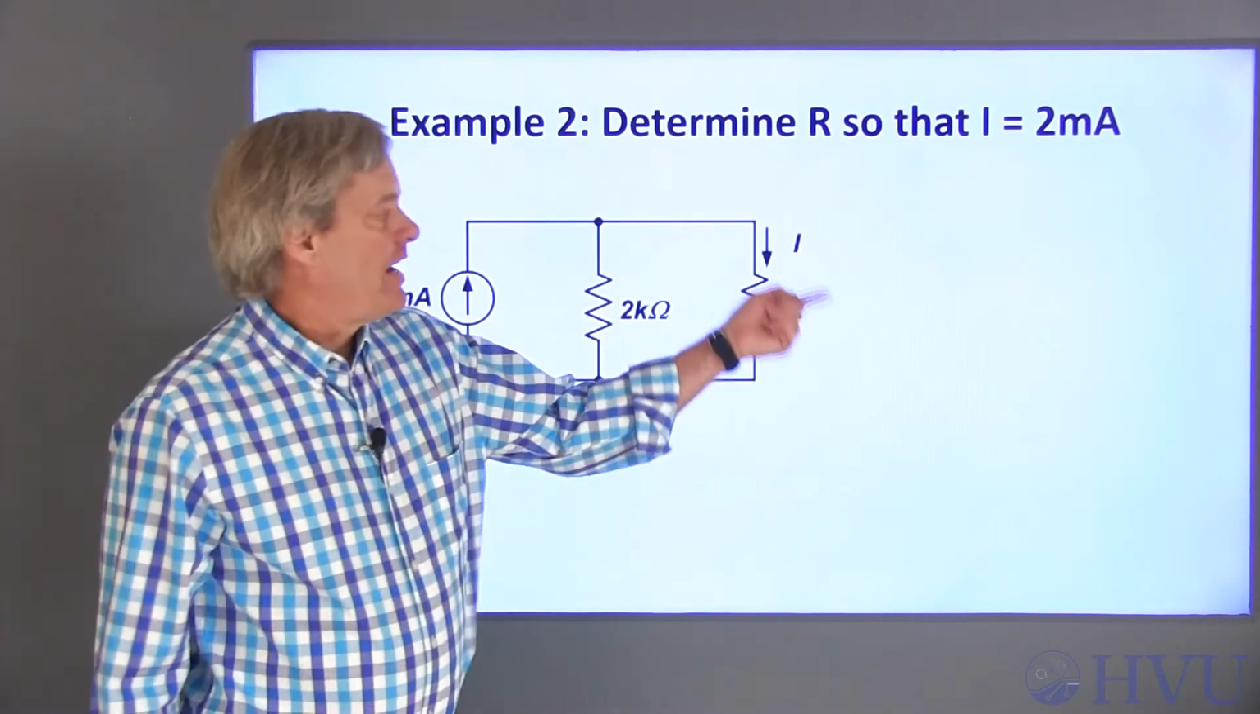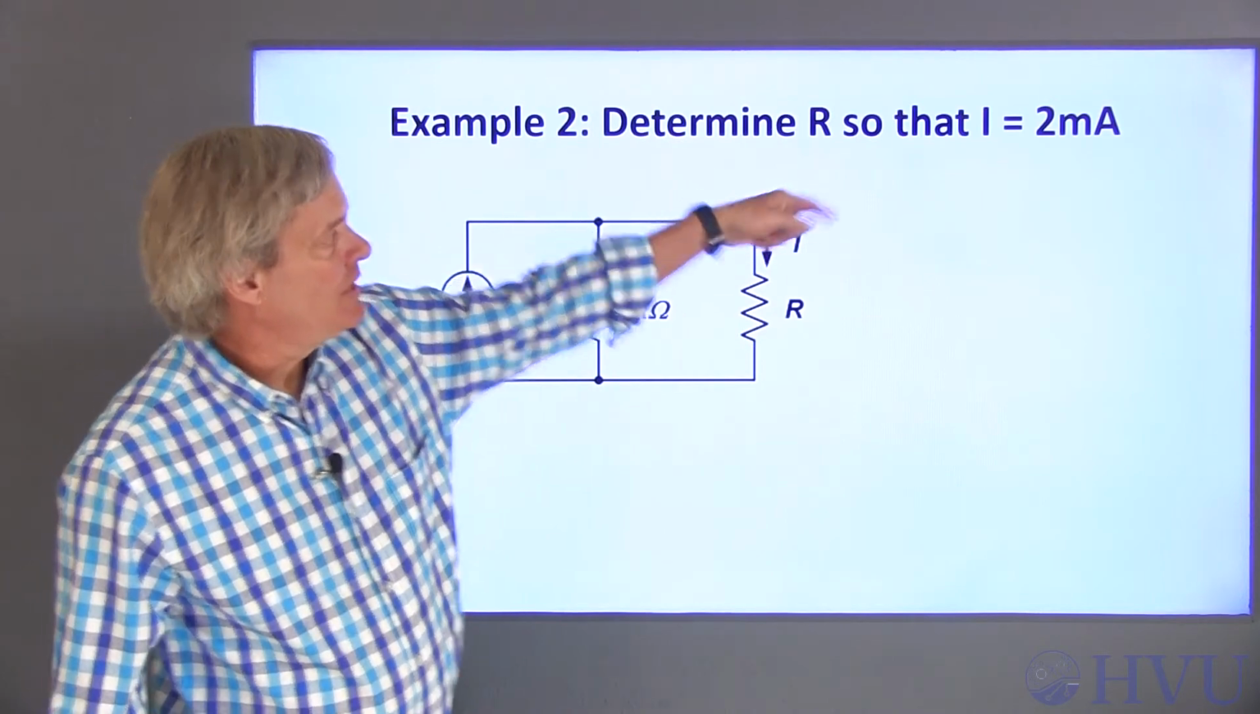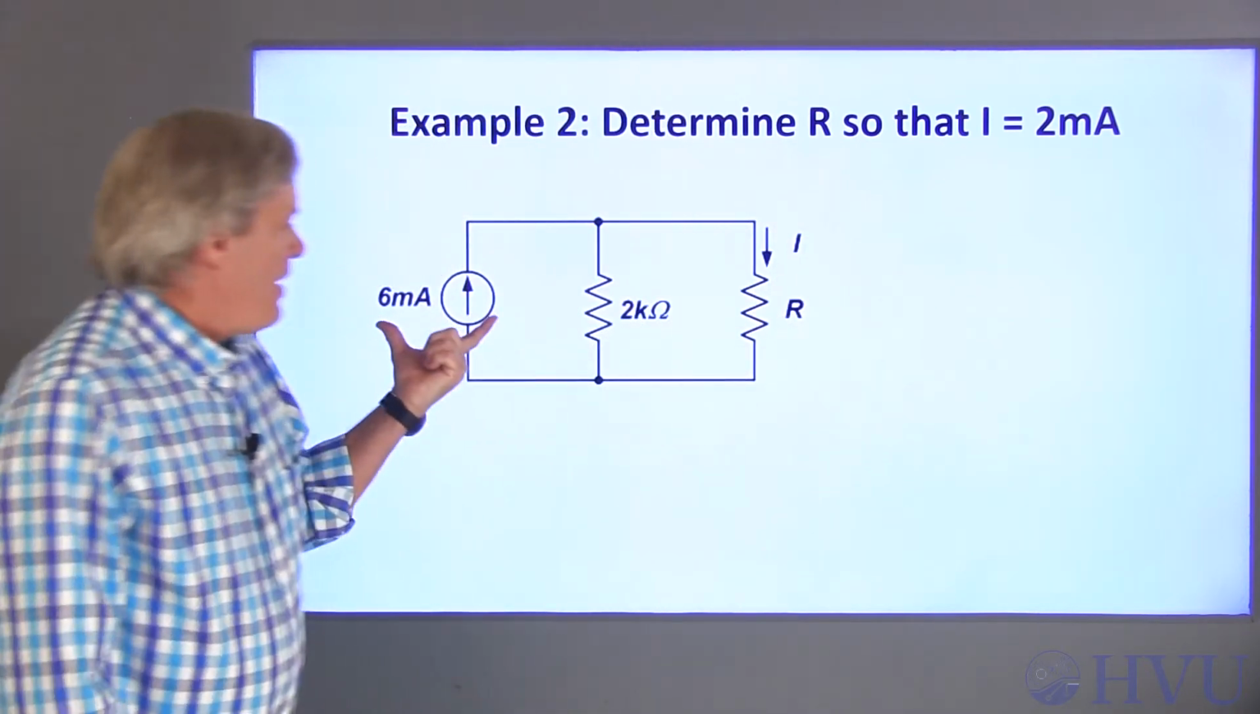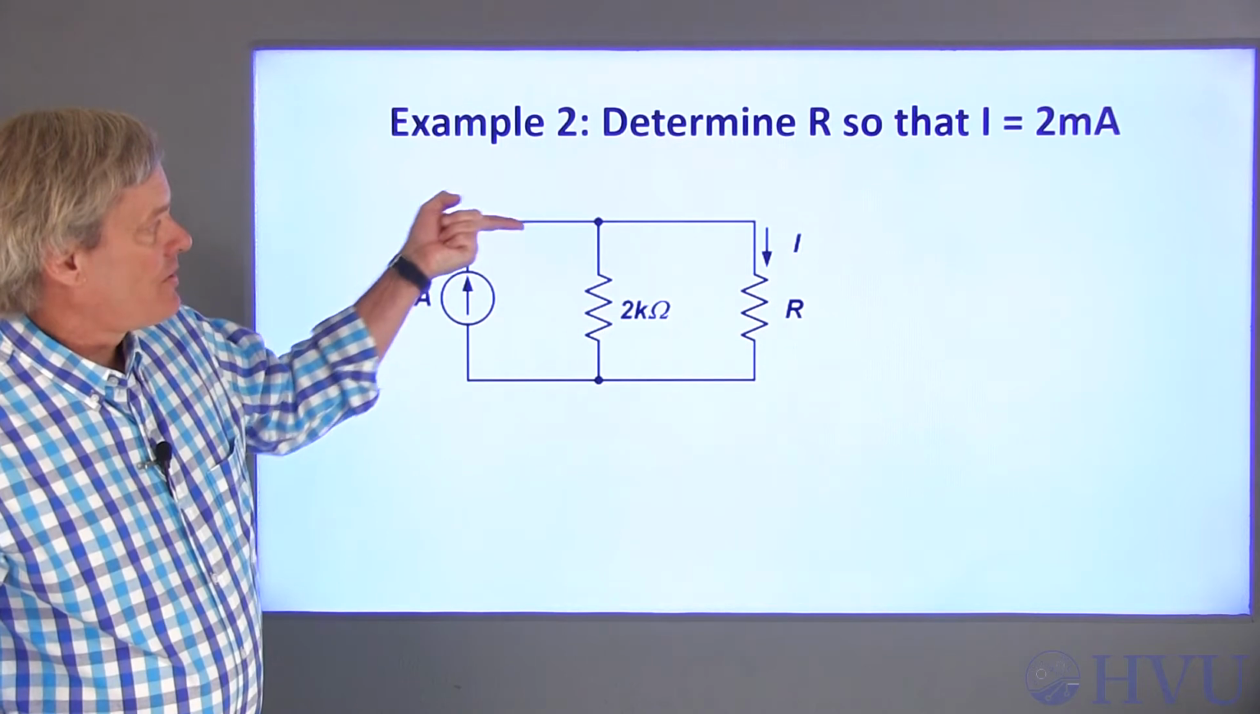In this example, I want to find the resistance R that gives me a 2 milliamp current here. I have a 6 milliamp source, so I know the